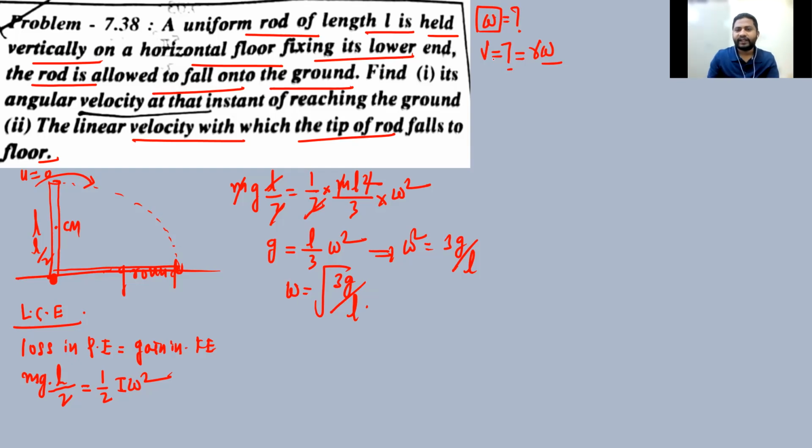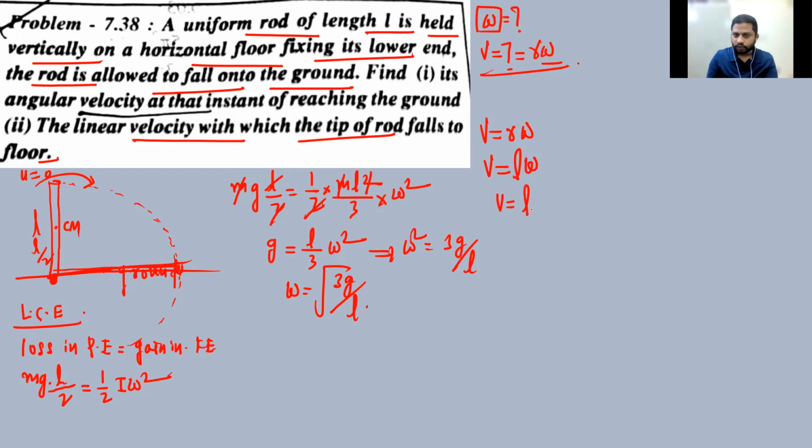So we also want to find the linear velocity, my dear children. And linear velocity is equal to r omega, v is equal to r omega. So this is the radius of the circular path. So this is the circular path. What is the radius? Is it the length of the rod? Yes, length of the rod into omega.